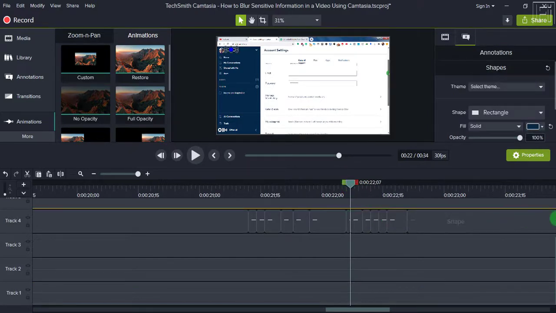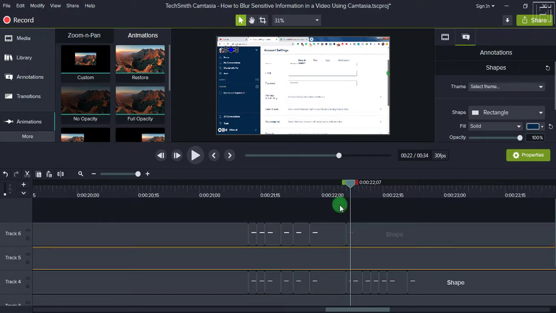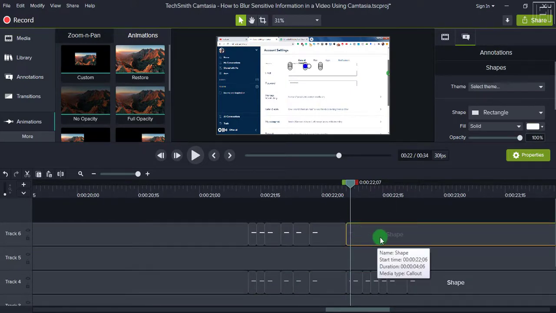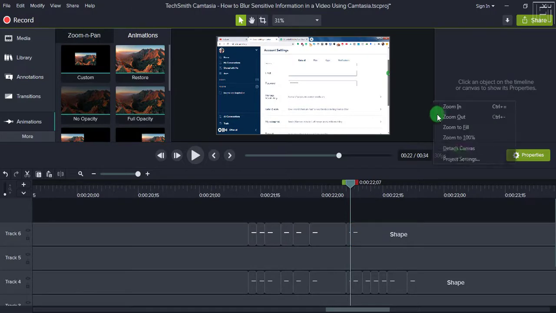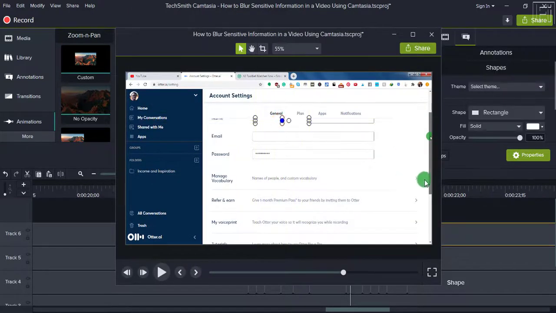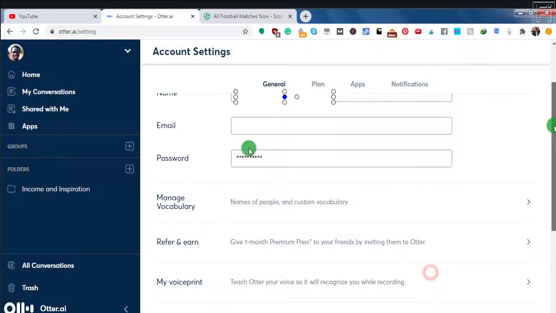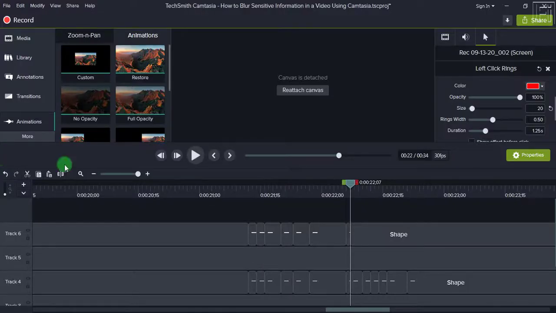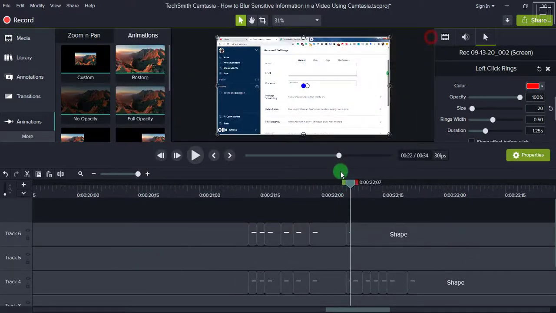Just make another cut. Make sure that you're making the cut to the right shape. Let's move it up again. We can maximize, detach. So this one needs us to be in maximum view, so that we can just pull this up, bring this down, and you see you can barely notice anything. If we just close this and then move forward slightly,